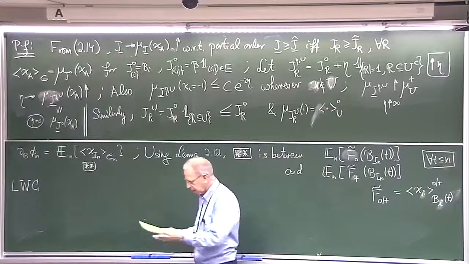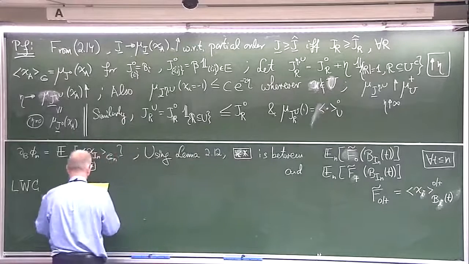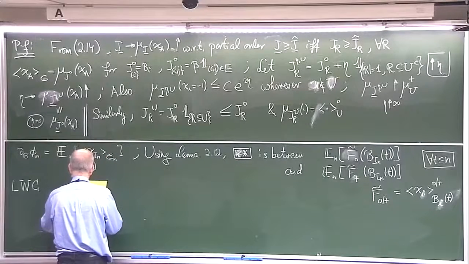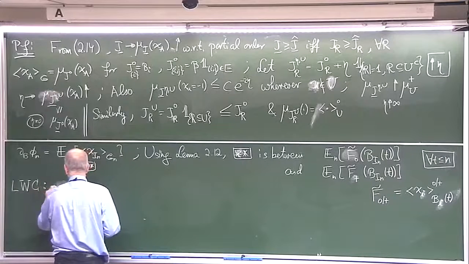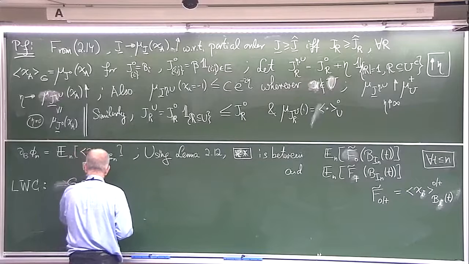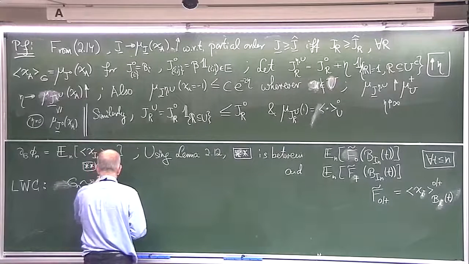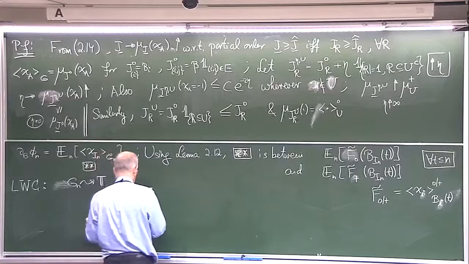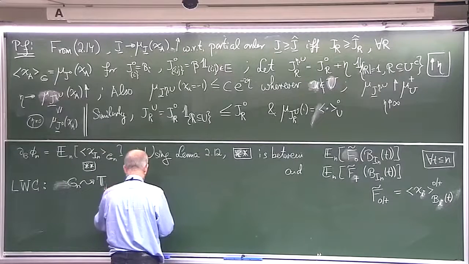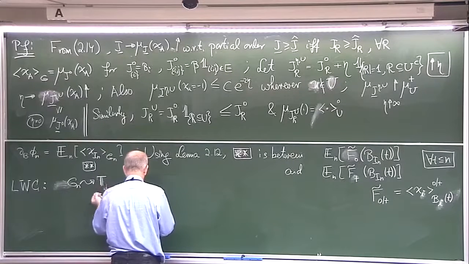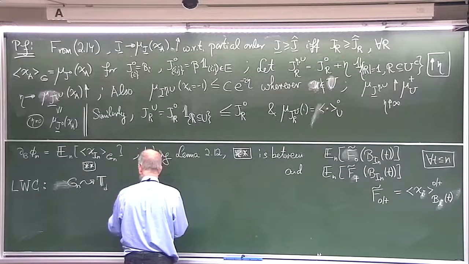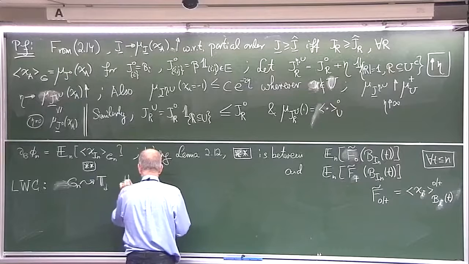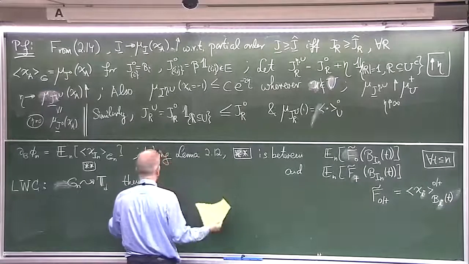So if I take now Gn converging weakly to T, actually I can get it for more general, but just converging weakly to T, then